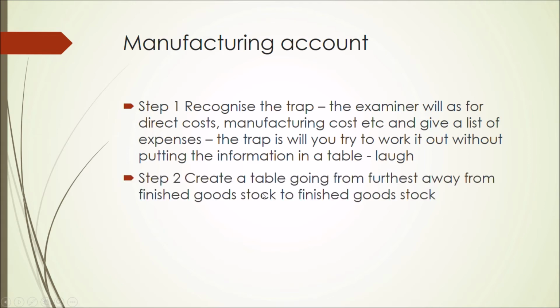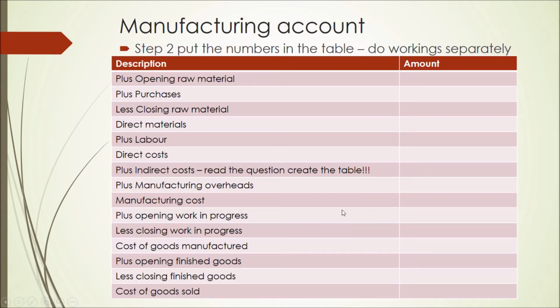So what we're going to do is create a table, and we're going to start from the furthest away from the finished goods stock, and we're going to keep going down to the finished goods stock. So let's just see how that works. So we've got our raw material here. And now what I've done here as well,